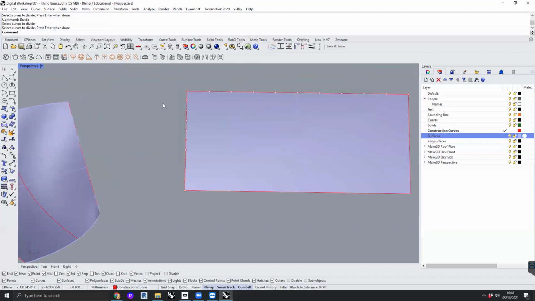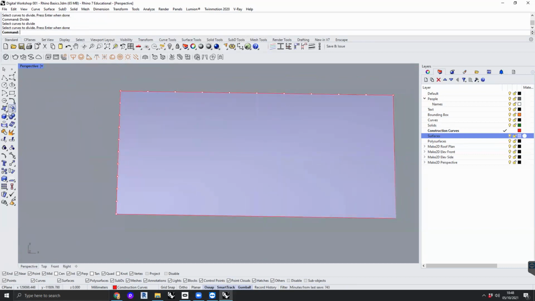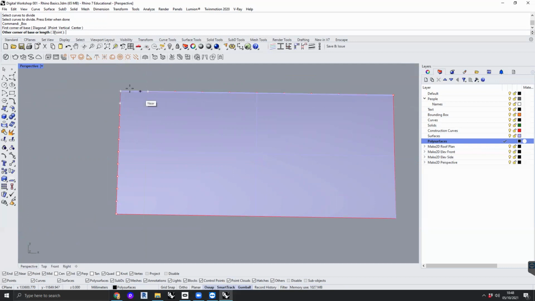10 will do. And now I'm going to make a box. I'm going to put it on the polysurfaces layer. Polysurfaces down here. And make a box that is exactly one of those little things. If you missed what I did, I'll just start again. This box here, start at that point, go down to this point, hover your mouse over it until it turns white, and then hover your mouse over that until it turns white, and then you get these nice track lines,